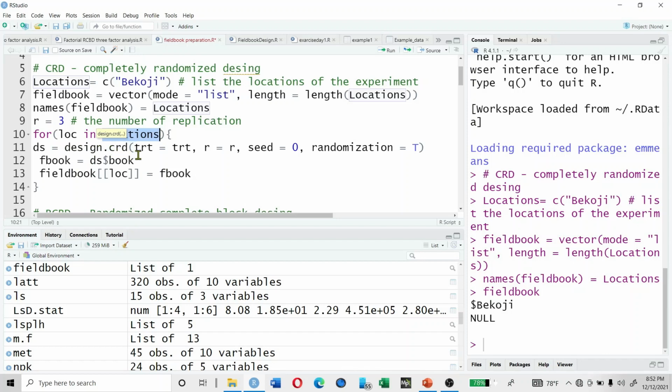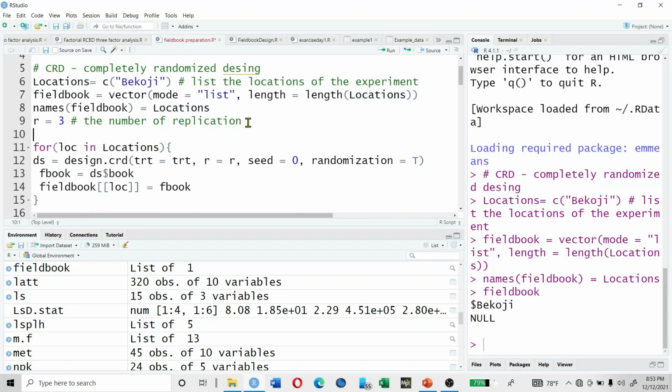This design.crd requires, to produce the design, the name of the treatments, the number of replications, the seed, and the randomization. The first treatment will be randomized, so this information is required. In this case, we need to define the number of treatments or the names of the treatments. If the number of treatments is small, we can define it here, or we can bring it from elsewhere. For example, let us define the treatments here. So TRT,